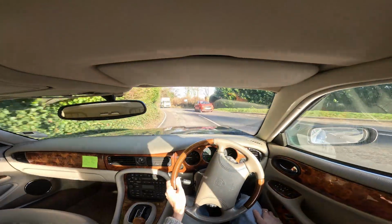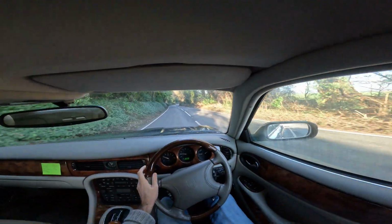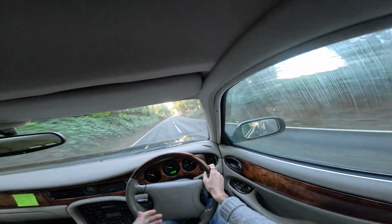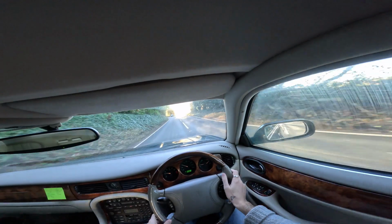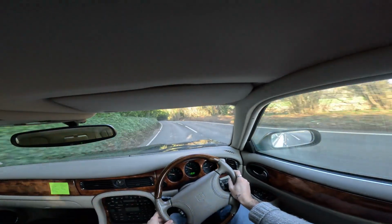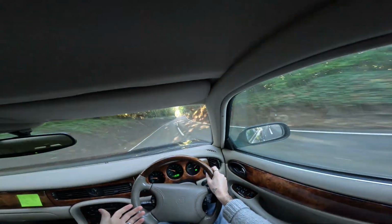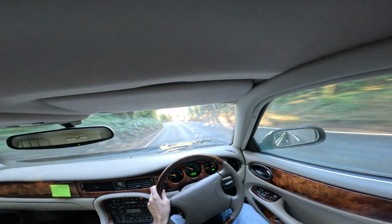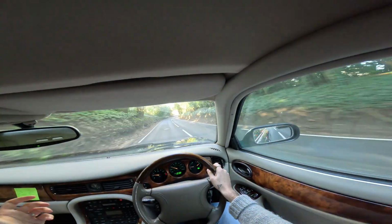Everything else I'd like about it, other than the last con in my eyes, which is actually the biggest one, even though it's not really anything to do with the way it drives, is the length. I mean, it's nice because you have the extra space. The boot's massive, which is obviously a good thing about the car. And in the back seats, you've got as much leg room as the front seats,